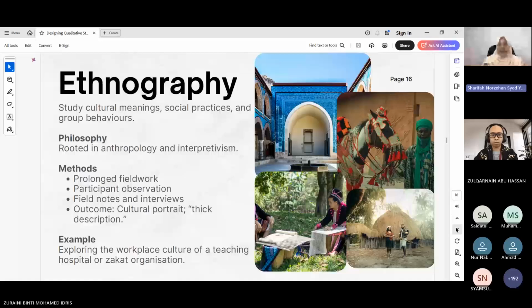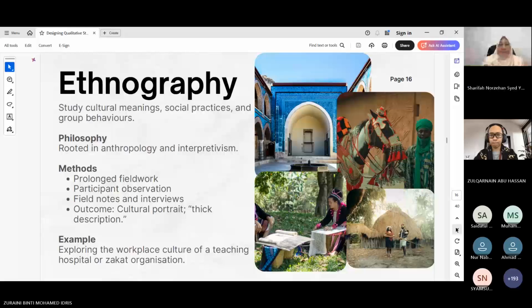You need to participate by staying there with them, wearing their clothes, participating in their events, eating whatever they eat. Then you will be able to explain clearly and understand very well the reason behind this